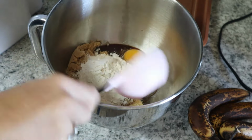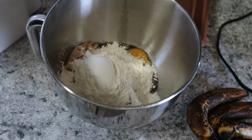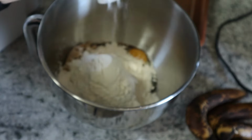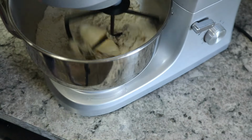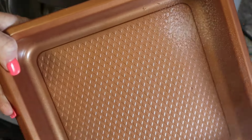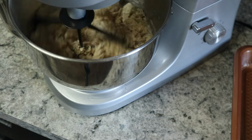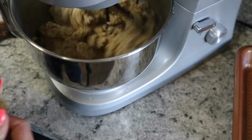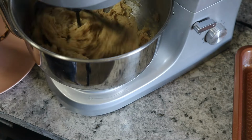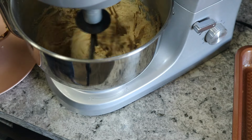1 cup of brown sugar. I'm throwing in 2 eggs, and you can beat them if you want to, but I'm not. I'm throwing in 1 stick, which is equal to 8 tablespoons of butter, and I do melt that. 1.5 teaspoons of vanilla, or however much you guys like. Then you need 1 3/4 cup of flour, a teaspoon of baking soda, a 1/2 teaspoon of salt, and optionally, which I've never added, you can throw in a 1/2 cup of pecans, depending on where you live, how you